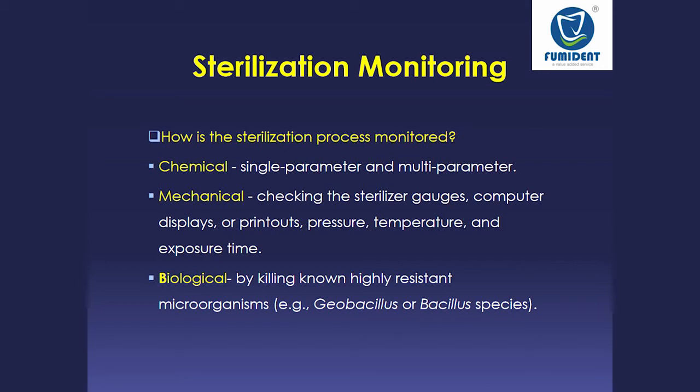For example, whatever pouch system you use, there is an indicator which changes color after sterilization. Many of us are of the opinion that if this indicator has changed color, it means the sterilization has been done. But this is not true. This is because it is a class 1 chemical indicator present on the pouch that we use for sealing of the equipment. A class 1 indicator is a processing indicator which indicates that these instruments have been processed through the autoclave. For example, in big hospitals there are multiple drums for sterilization processing. Over those they put a tape, which is a processing tape.